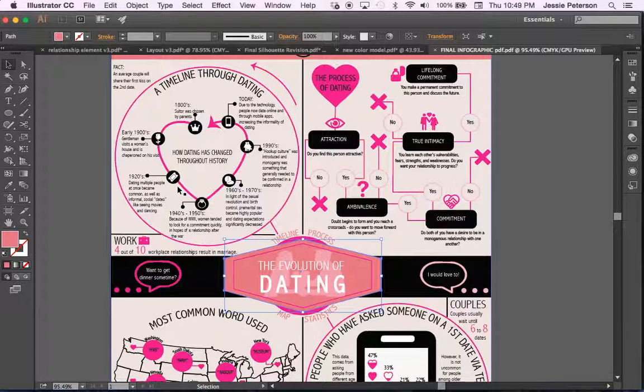I took a unique twist on a normal timeline and made mine in the shape of a heart to depict love and relationships, like my topic, and also added an arrow to the end of it to help show the audience there was a start and an ending. So here's the start, and then here's the ending. At first I did not include an arrow, and the audience was confused as to how it was a timeline. But once I added the arrow and indication of start and finish, everyone could see